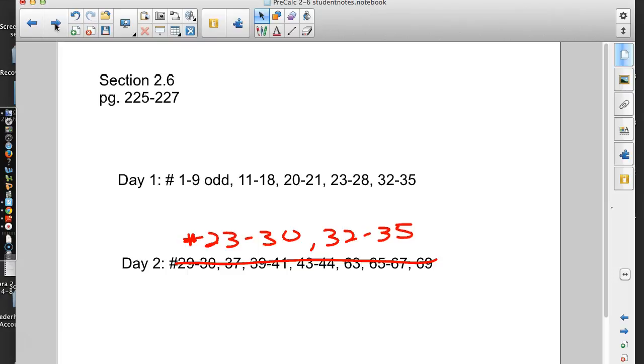Well, go back and take a look and make sure that all those asymptotes are right. So if you already did them, basically you don't have